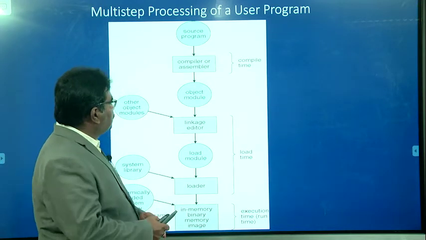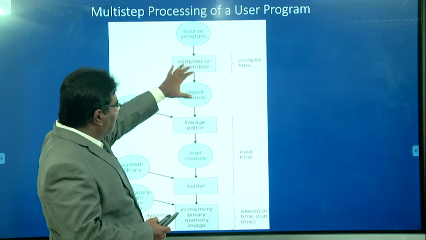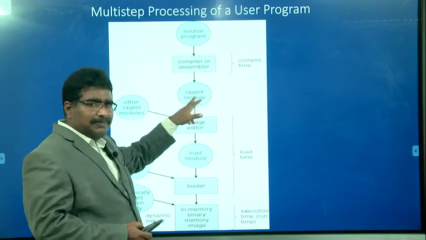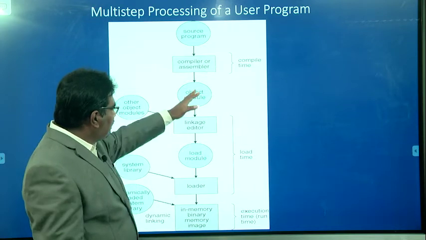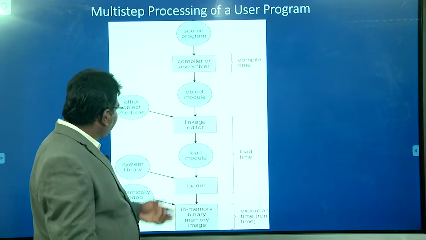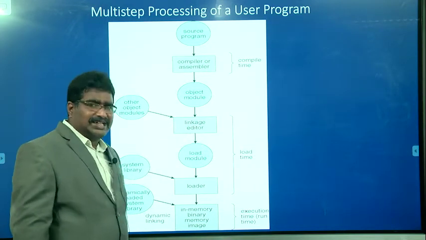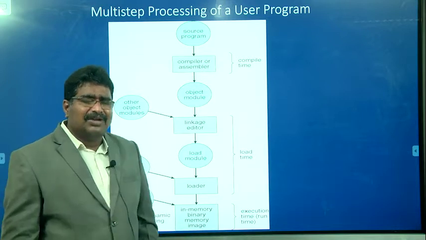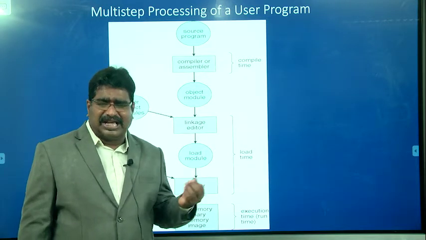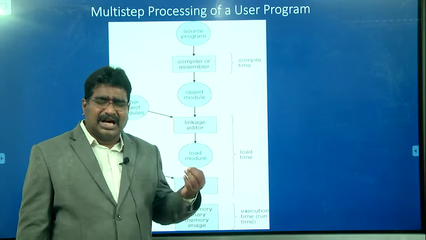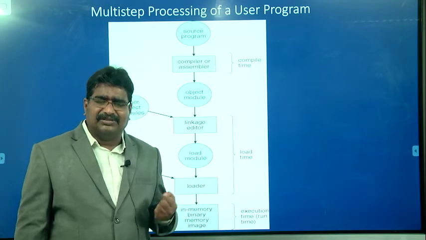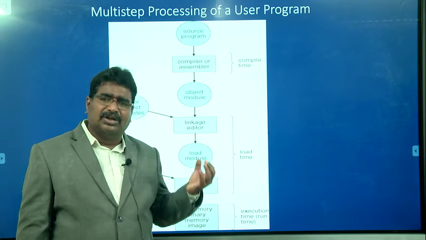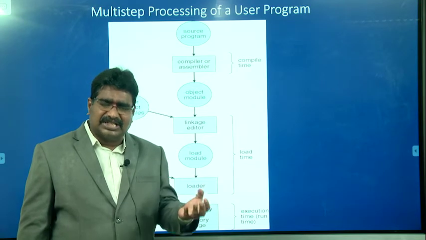And next one is the object module. Once the program is compiled, the machine code is generated. It is called the object module. And next one is the linkage editor. What is the need of the linkage editor? For example, in our program we use the scanf function or the printf function or some other library functions. Those need to be linked, then only is it possible to execute, because whenever we use scanf,